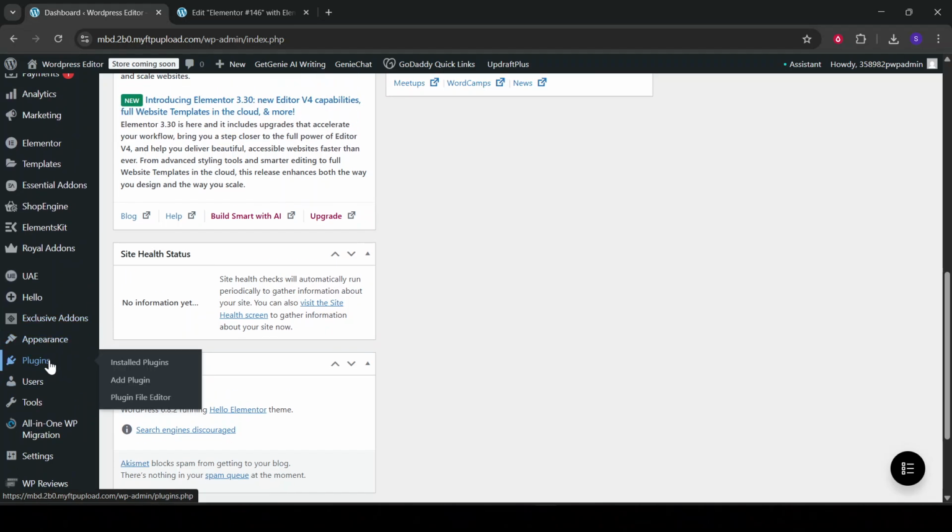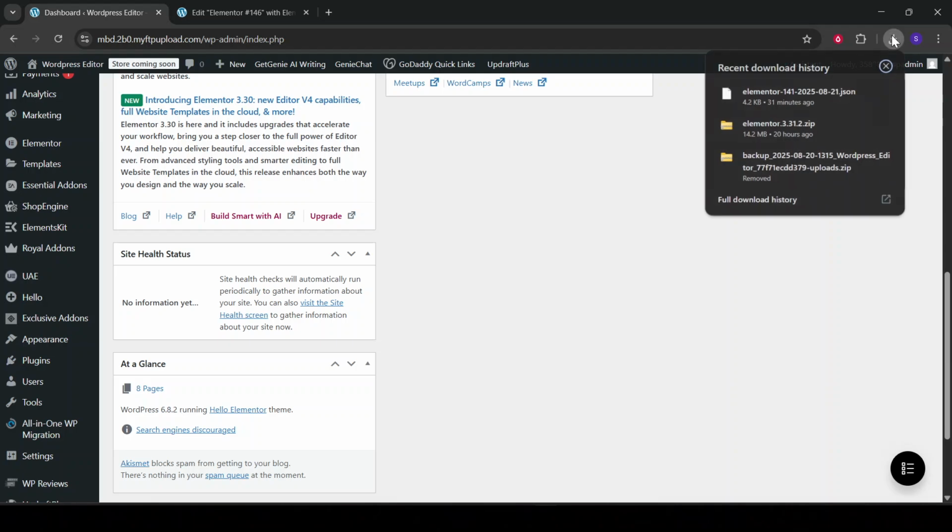Once you're all set with Elementor, the next step is to download a template kit that suits your design needs. There are countless free and premium templates available online. Ensure that the downloaded file is in a zip format, as this is a standard format used for uploading your